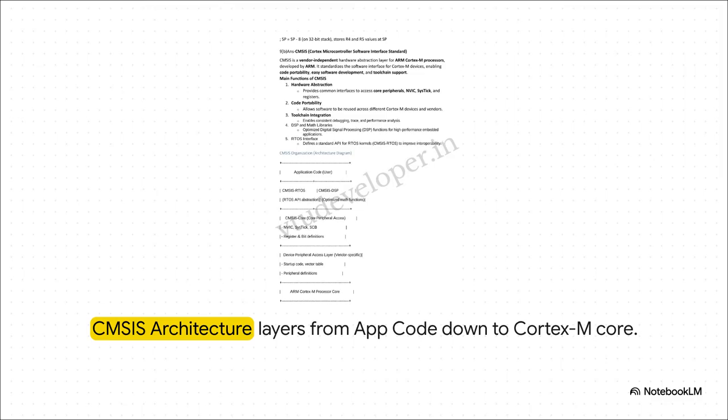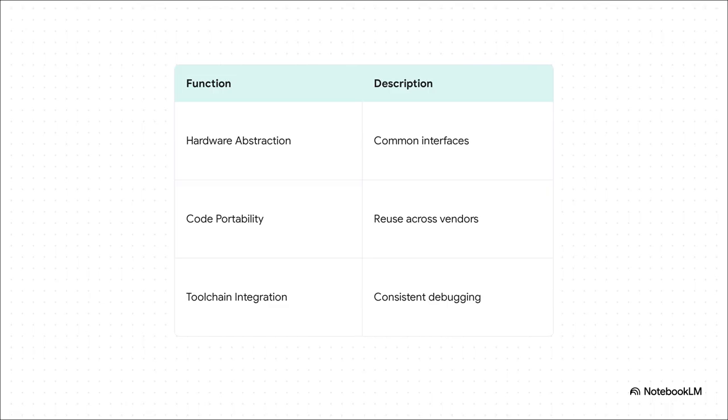specific vendor's silicon. So the crucial takeaway here is that CMSIS saves developers massive amounts of time. By providing hardware abstraction through common interfaces, it guarantees code portability. That means you can write code for one Cortex-M processor and reuse it on a completely different vendor's chip without having to reinvent the wheel. Plus, it standardizes toolchain integration, so your debugging and tracing tools work consistently, no matter what board you're hacking away